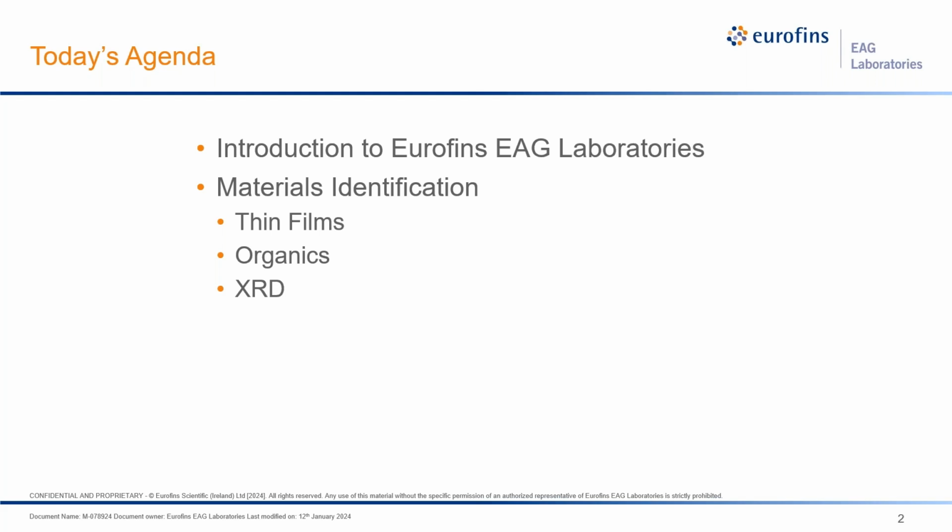And then third, the XRD, we're looking at phase, so even longer range structures, right? So not going to cover all the different types of materials identification that we can offer through EAG Laboratories, but we're going to give you a snippet based upon these 3